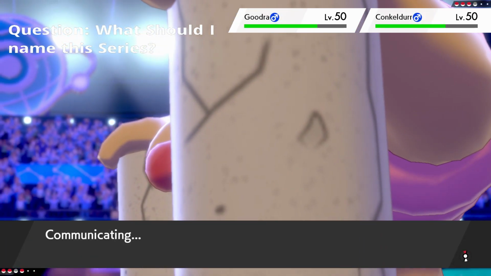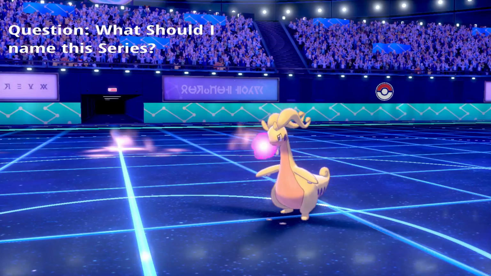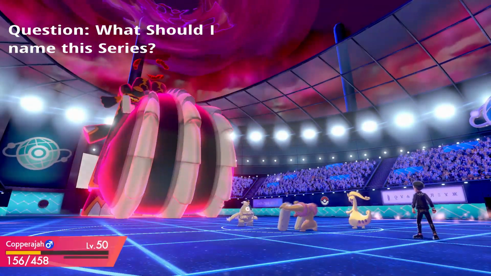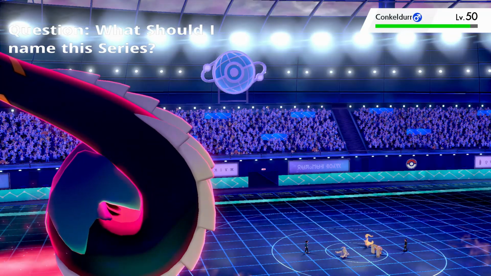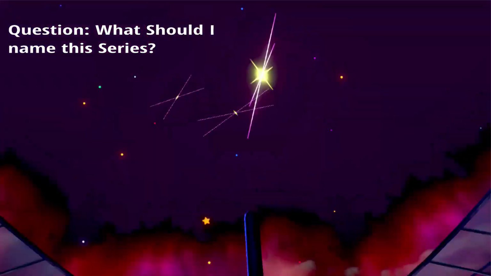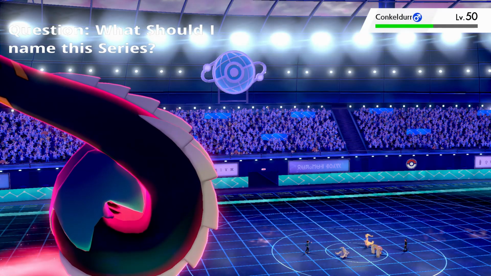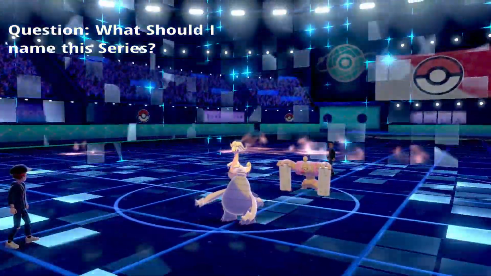So if we can take down the Conkeldurr before the terrain stops, and I think you're just gonna. Ooh. Okay, so we do get the Trick Room up. Okay, so that's -1, but that's also terrain boosted. And that should be the end of...